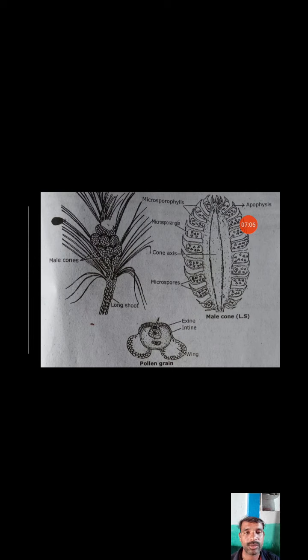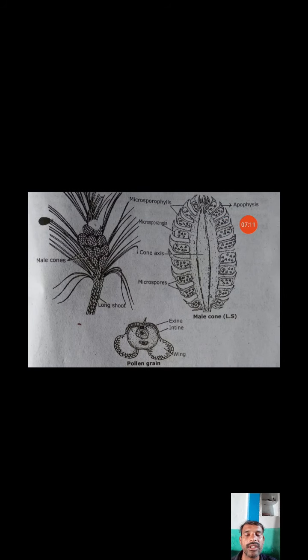The innermost layer of the microsporangia is called the tapetum. The very important character of the tapetum, in angiosperms and gymnosperms, is that the tapetum cells help in nutrition; they produce food for the developing pollen grains on the inner side of the microsporangia. On the inner side are the microspore mother cells, the sporogenous cells, which undergo one mitotic division producing four haploid cells. These haploid cells are called microspores.